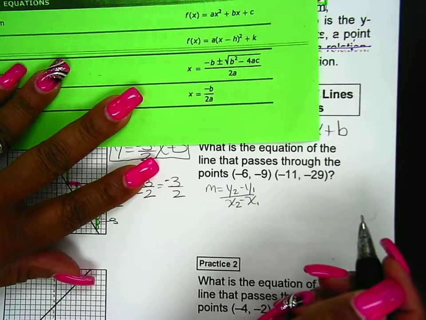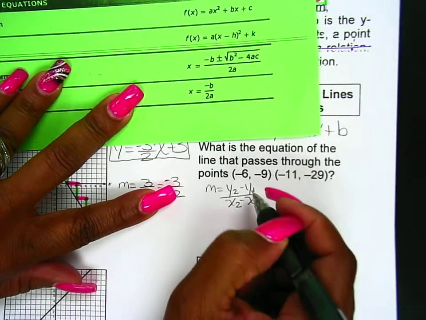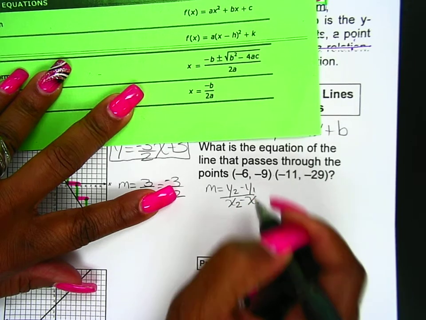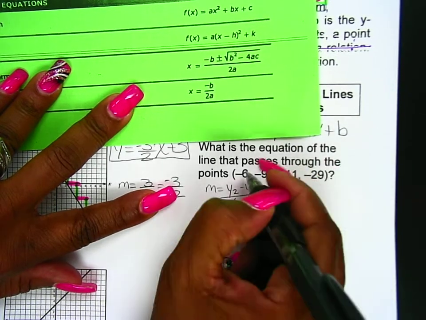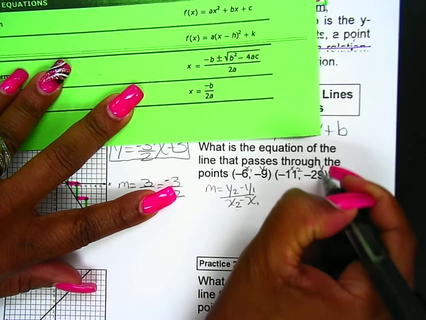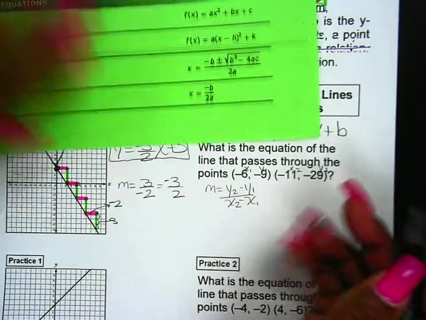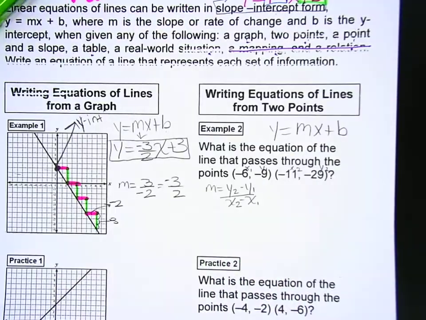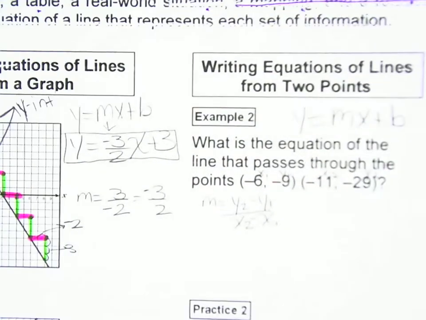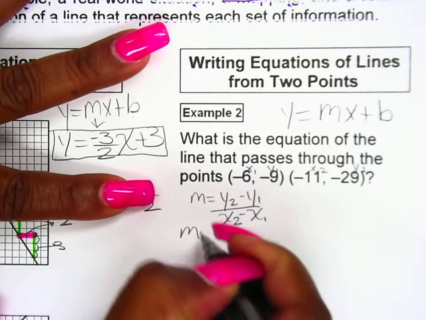There we go. So label your points with x1, y1, x2, y2. Now substituting in, I can move the formula out of the way. Let's go ahead and substitute the values in for those variables. So I will have here the slope equals